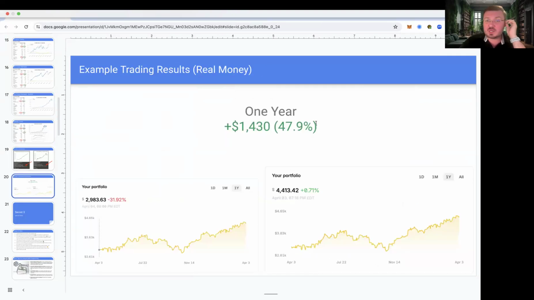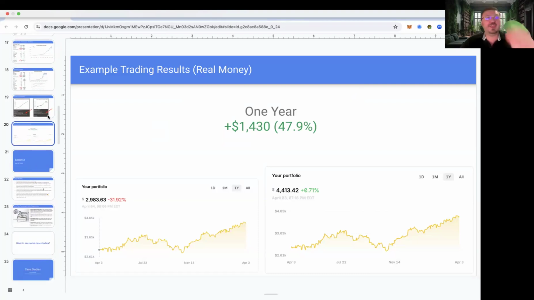The diversified leverage one, you could do with a very small account too. I've seen people do it with like $200 or $300. So you could actually have pretty small accounts if you wanted to. But of course, when you're getting returns like this, your account ends up growing quite quickly. So you end up having quite a bit of money quite fast.